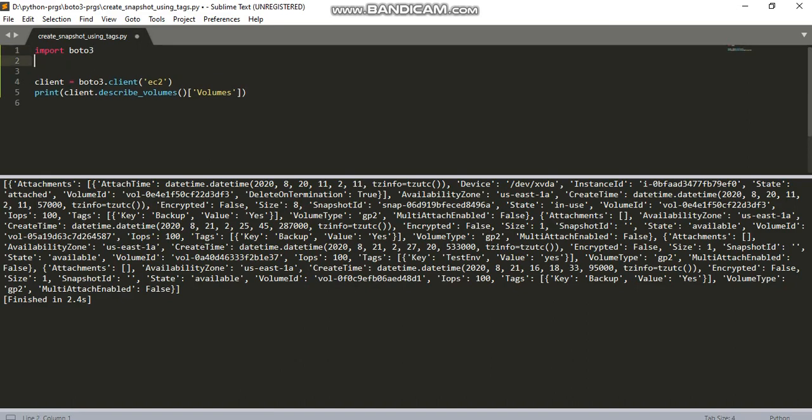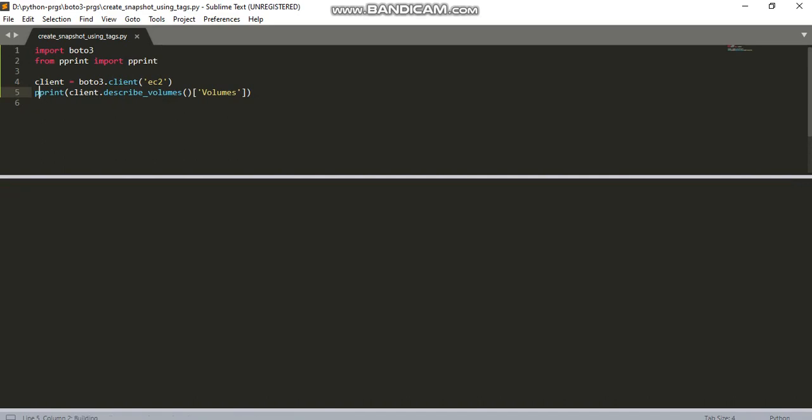Let me call pprint, which will give the output in a JSON format. Import pprint. Same as print statement, but it will print the output in JSON format. Let me execute.